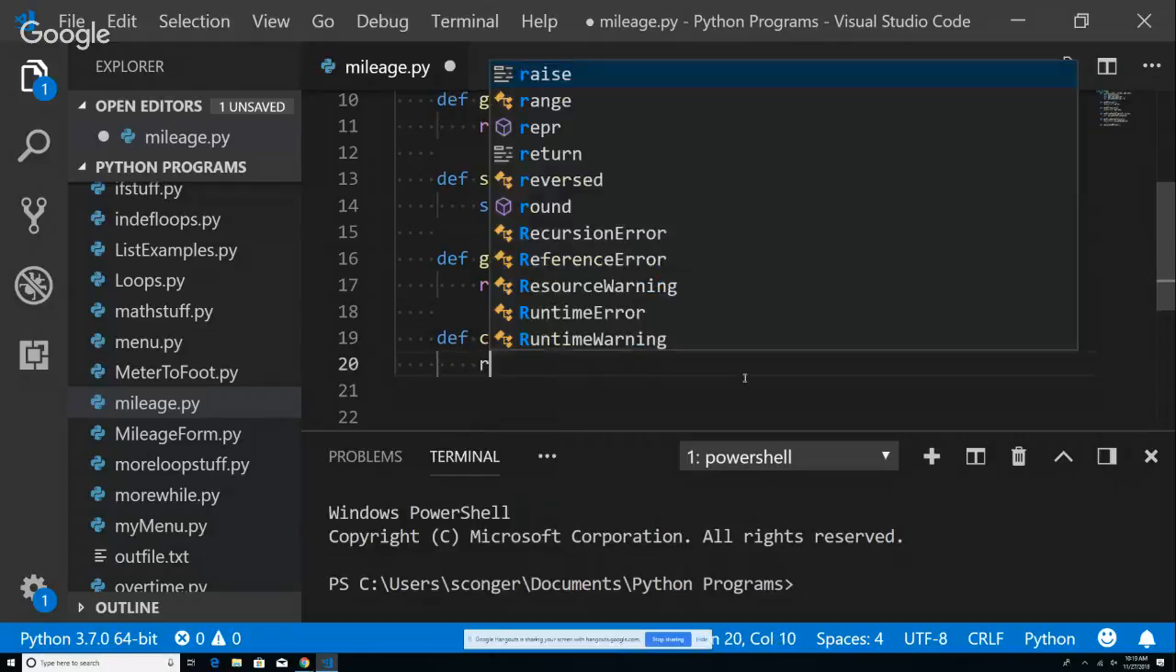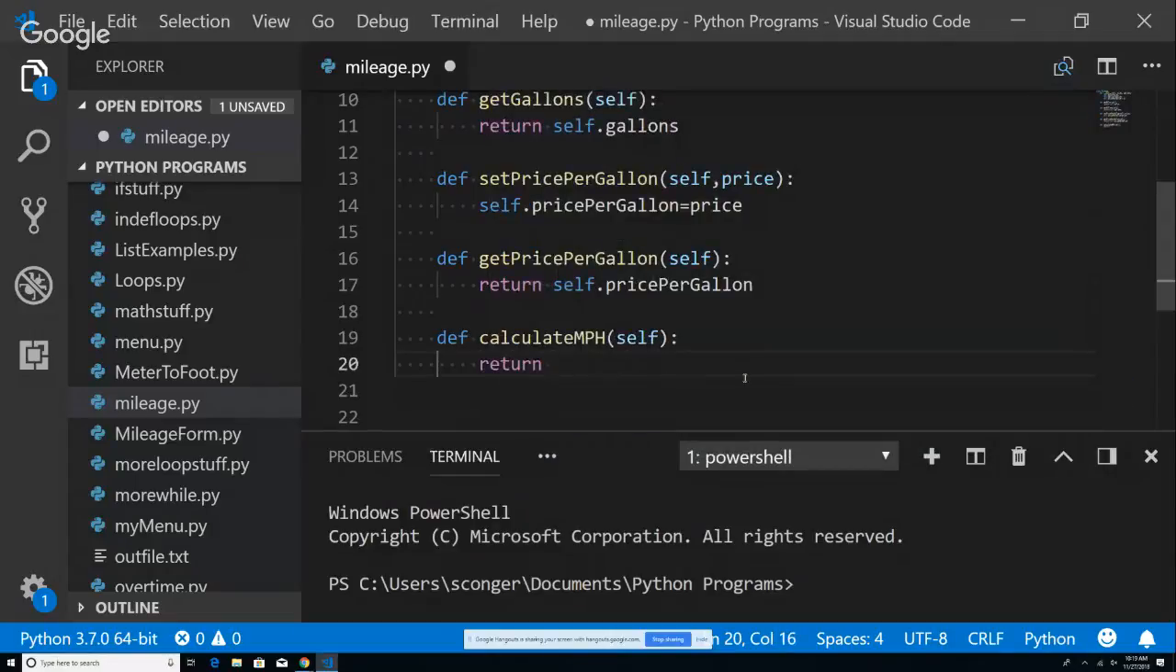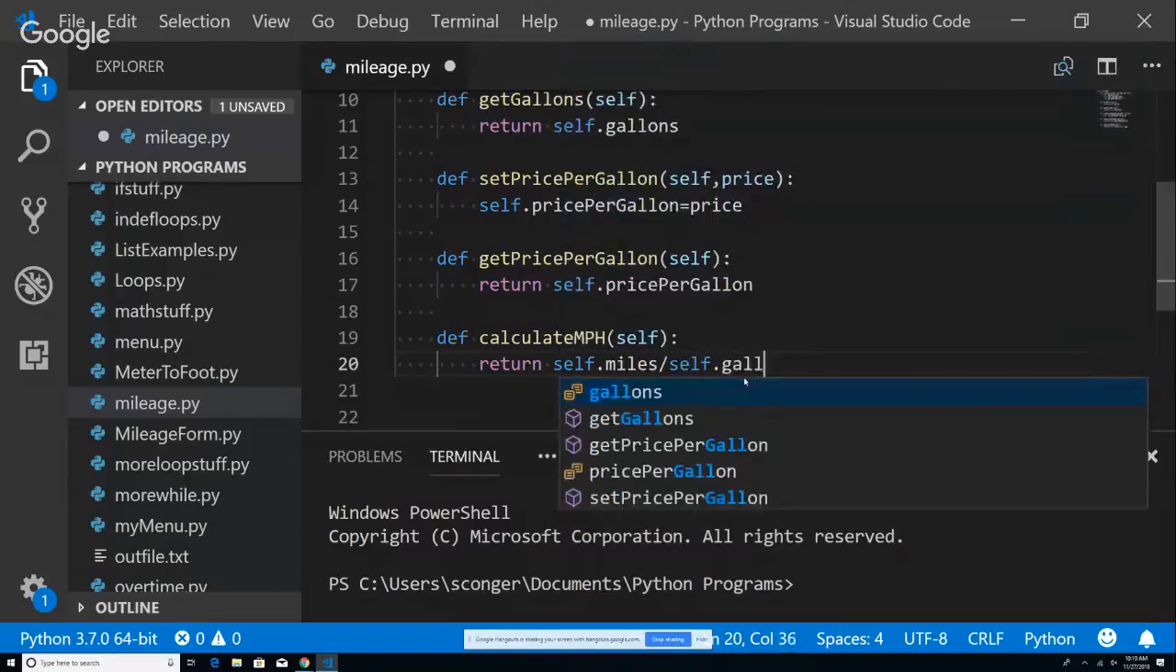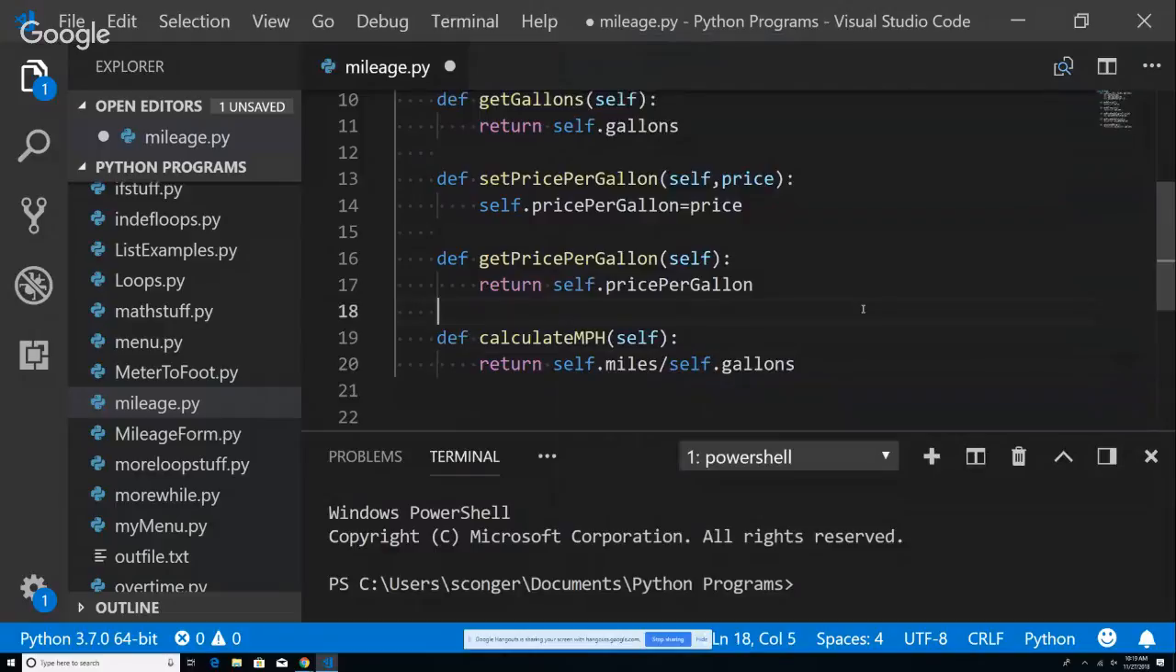So basically, it's just miles divided by gallons. So we'll just do self.miles divided by self.gallons. Couple of other things. Notice I'm not doing any printouts here. When I write a class, unless it's a display class, I prefer that there's no